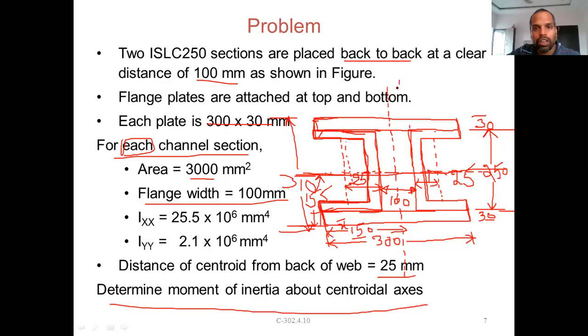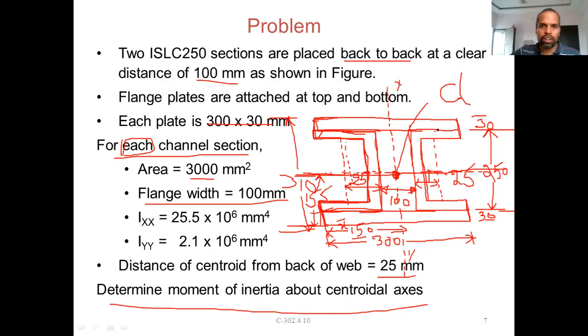Again, don't get doubtful about this. The y axis will be passing through the open area. The centroidal axis need not always pass through the section. It may be outside the section, especially in the case of a channel section. We observe that for a channel section the y axis is outside its section. Some part is cutting, some part is not cutting. The centroid may be outside the area also. Here also the centroid lies here. The centroid of this entire figure as a built up section is this, C, centroid.